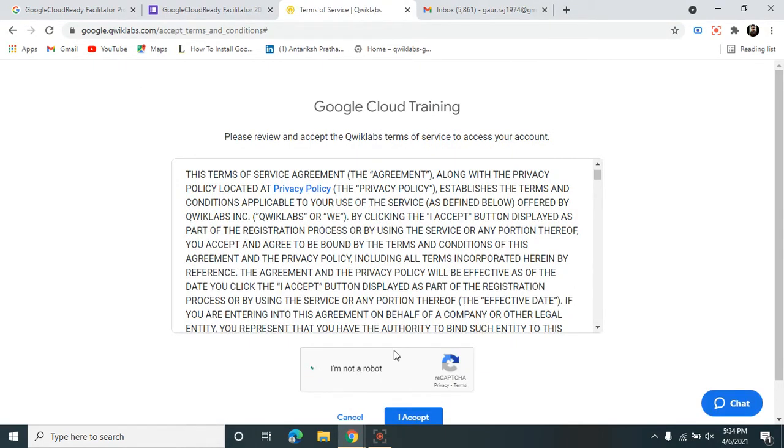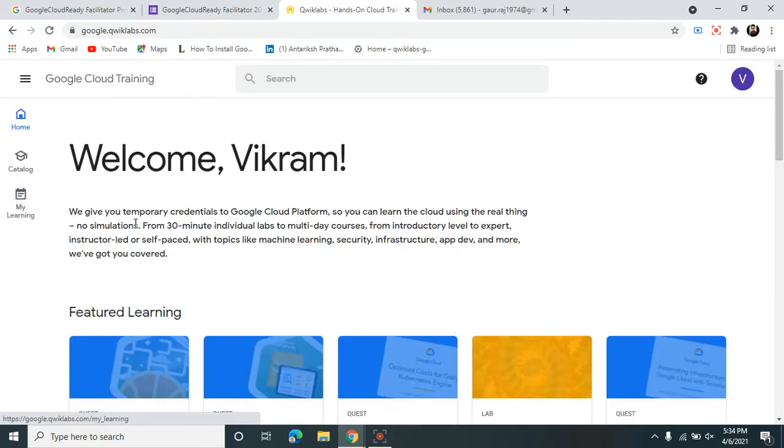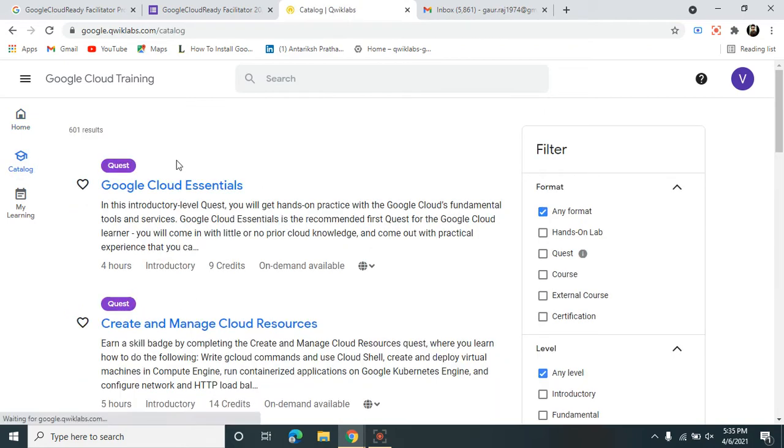I am not a robot. I accept. Finally, we have created our Quick Labs account. So we have to first complete a tour lab of Quick Labs and Google Cloud in order to get our public profile URL of Quick Labs.